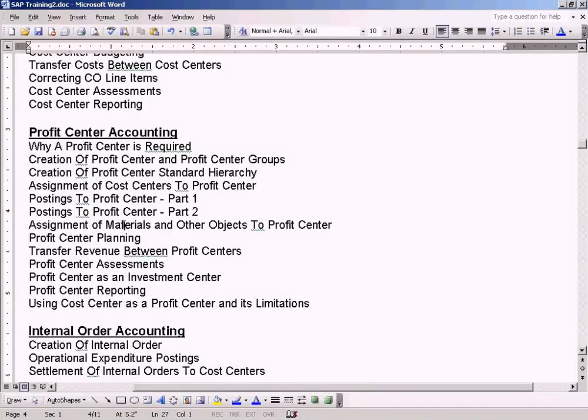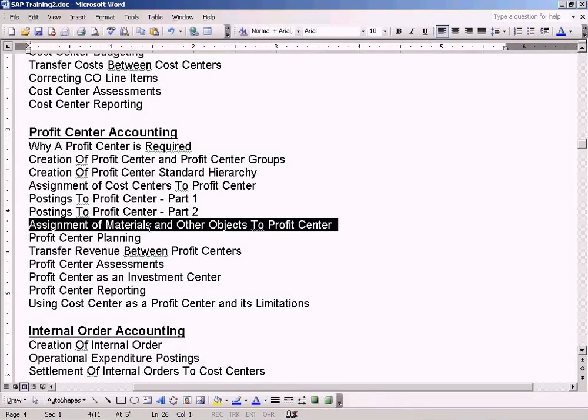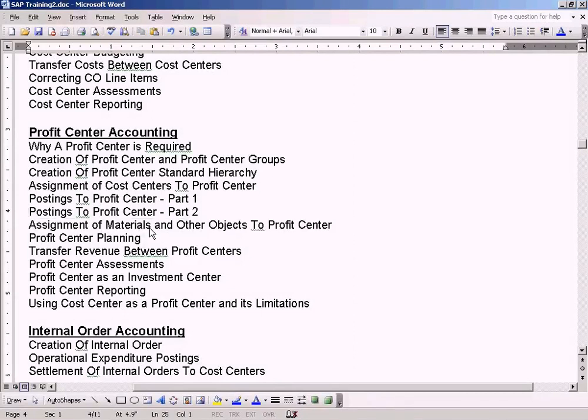Okay, what we have seen so far in the postings to Profit Center is a posting to Profit Center directly from the FI module. We did that using customer invoice posting and FB50 GL journal posting. But actually, in a real life business example,